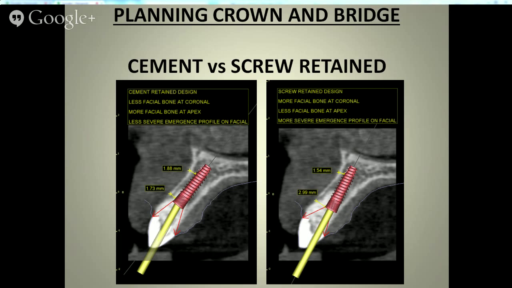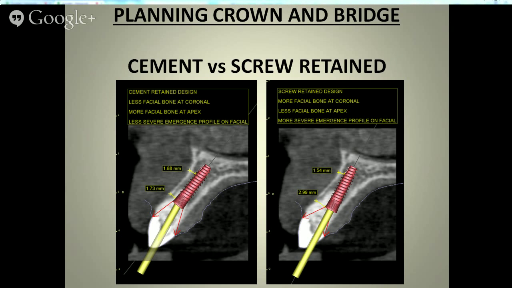We have the advantage now of planning cases digitally in computer programs, planning the implant placement in computer programs, making our custom abutments on computer programs that put our margins exactly where we want them, so that the margins aren't buried 4 millimeters under the tissue